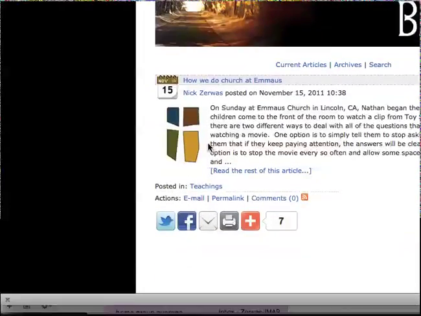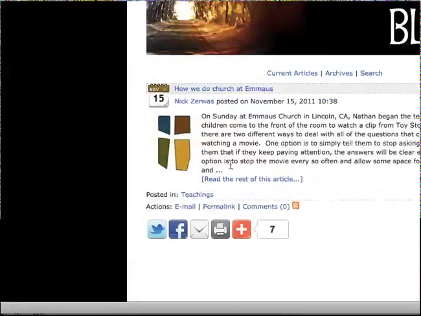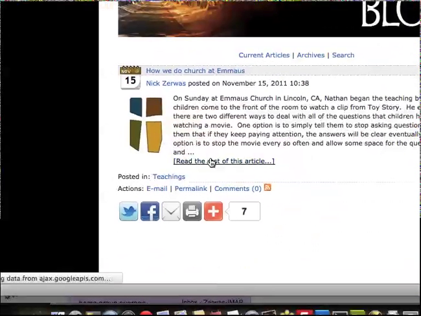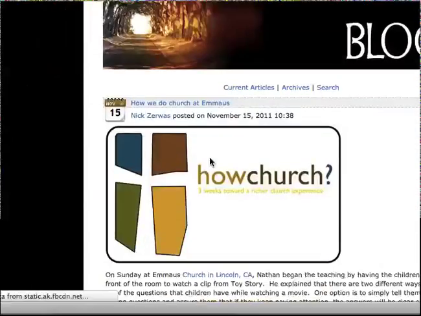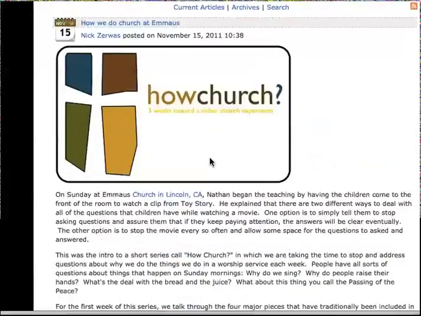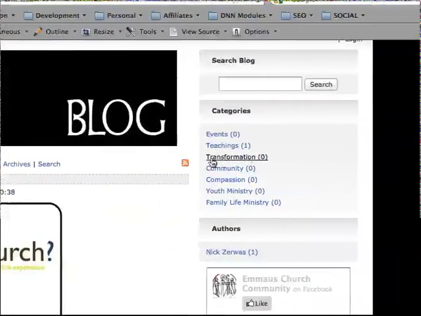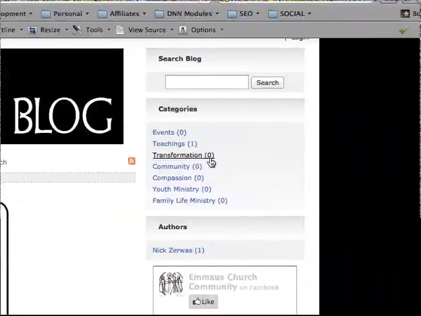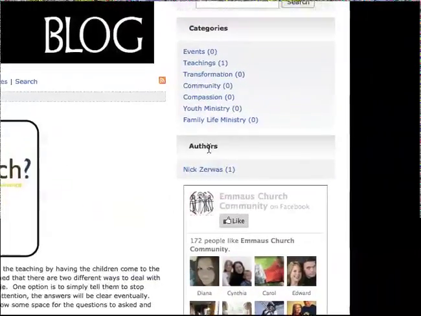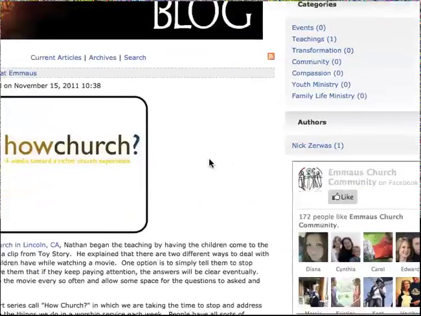You notice there's a small image here. That's where the thumbnail is going to show up, and then there'll be a larger image. In this case, it's the same image, just a larger size of it. That'll show up with the actual post. And then once it posts on Sunday, there'll be a 1 next to this transformation category. Nate will show up in this list of authors. And so that's really